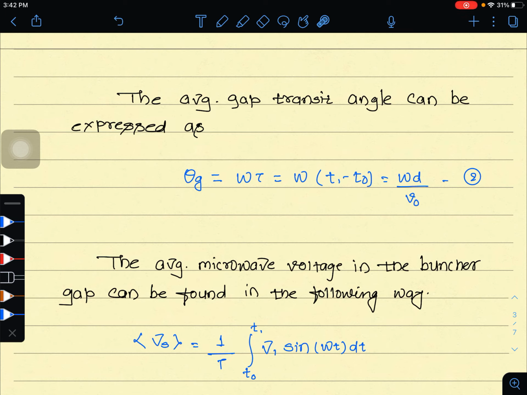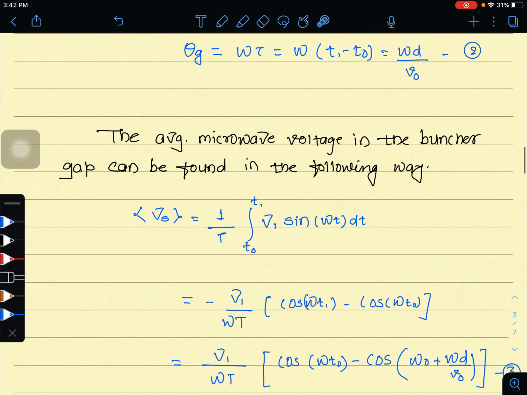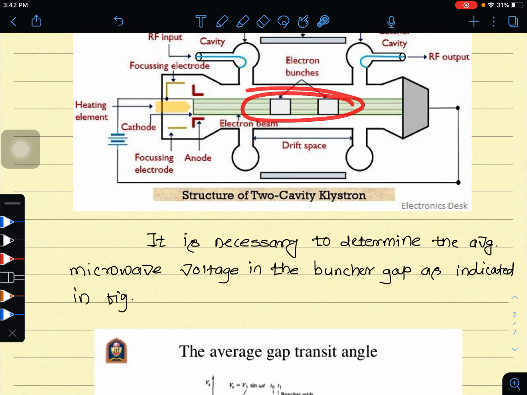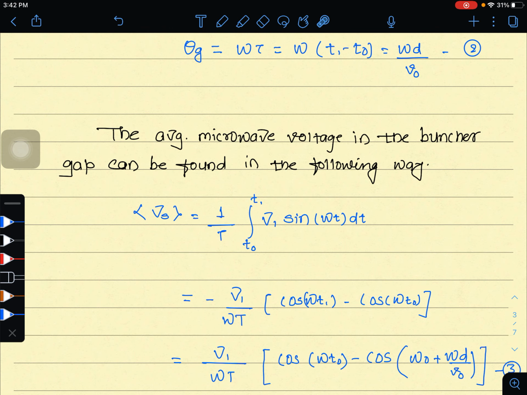So simply, we can easily understand one more point from these equations: the average microwave voltage in the buncher gap. Look at this diagram of the buncher gap. The average microwave voltage is found by these equations, that is, Vs is equal to